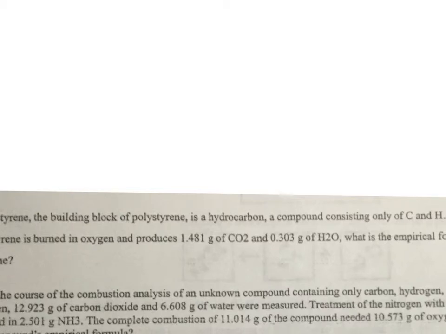Okay, so number 14 is talking about styrene, and we want to figure out its empirical formula. This one only consists of a carbon and a hydrogen. So we don't have to worry about the subtraction step that you're going to see again in number 16. So for this one, what we're looking at as our pretend formula is CxHy